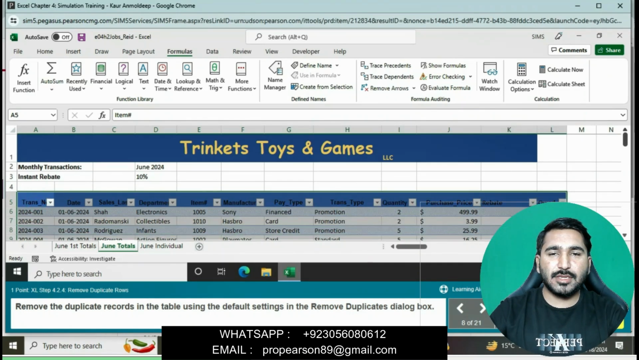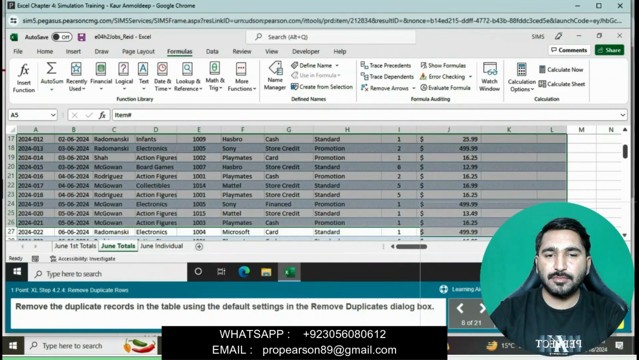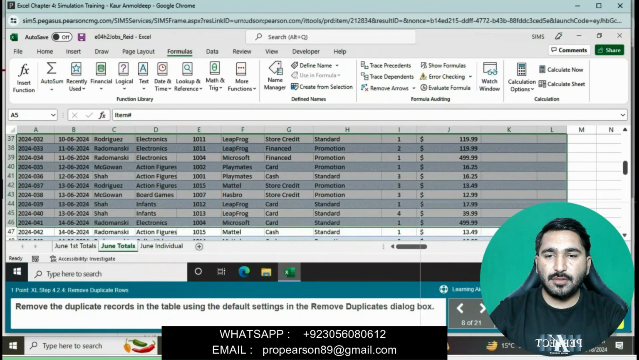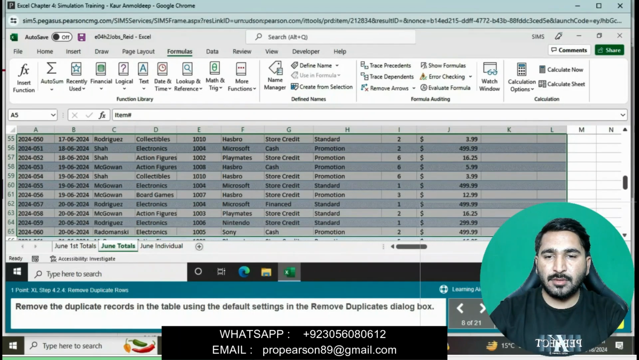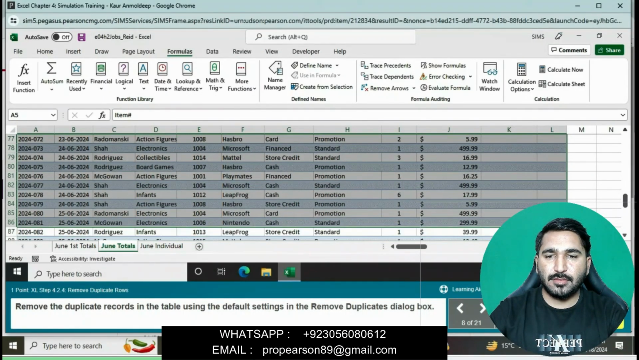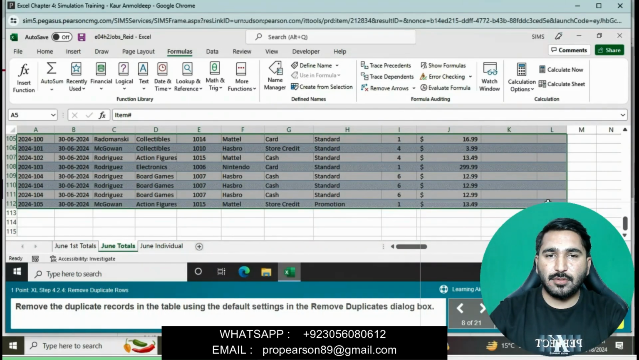Okay, we will select this whole table first, and then click on